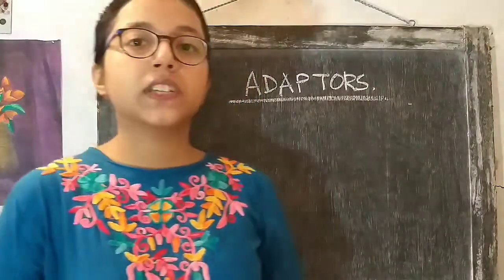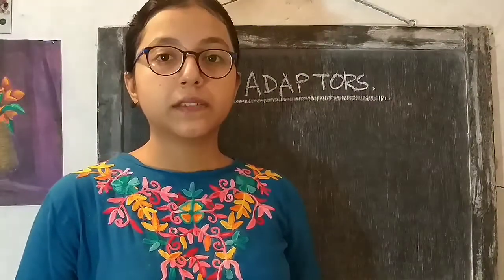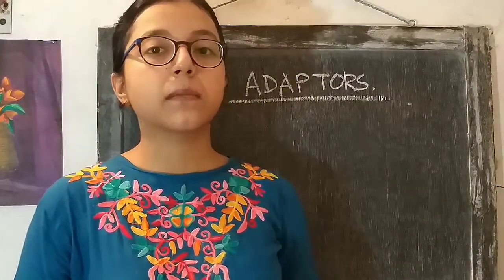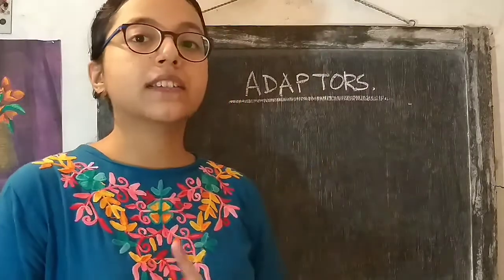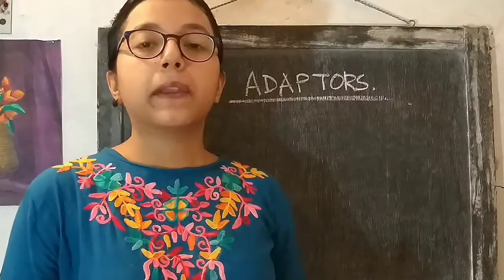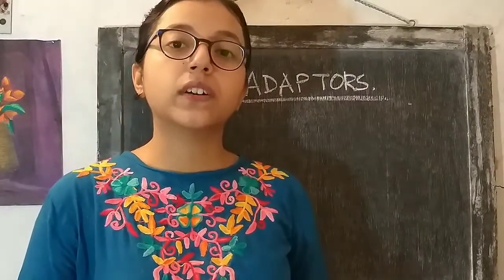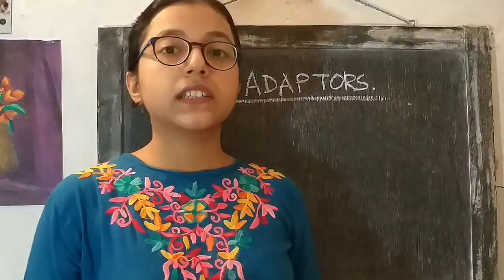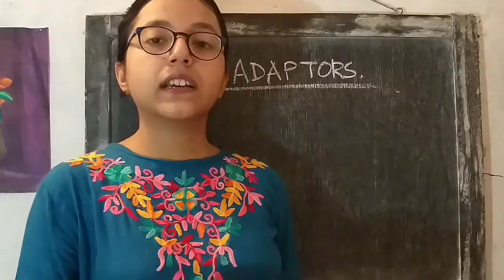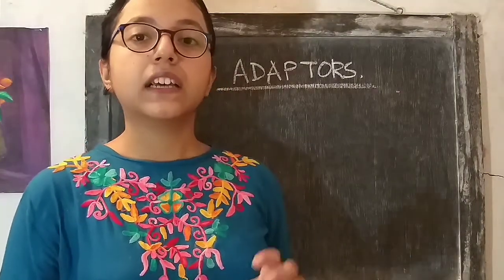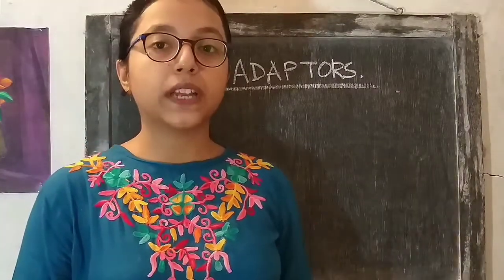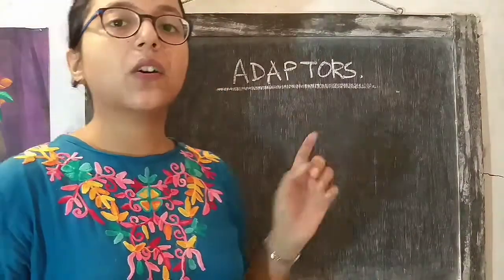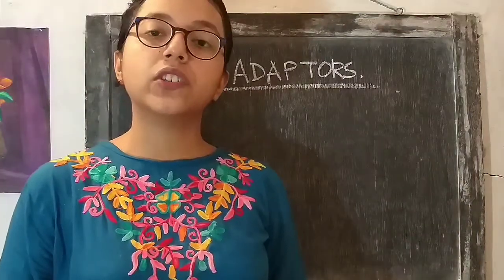So in the last video I talked about linkers and now I am going to discuss adapters. This is the second method by which a blunt-ended DNA can be converted into a sticky-ended form. Adapters are also artificially synthesized oligonucleotides. In the case of linkers, we have seen that linkers are also oligonucleotides, and adapters are also oligonucleotides which are artificially synthesized.